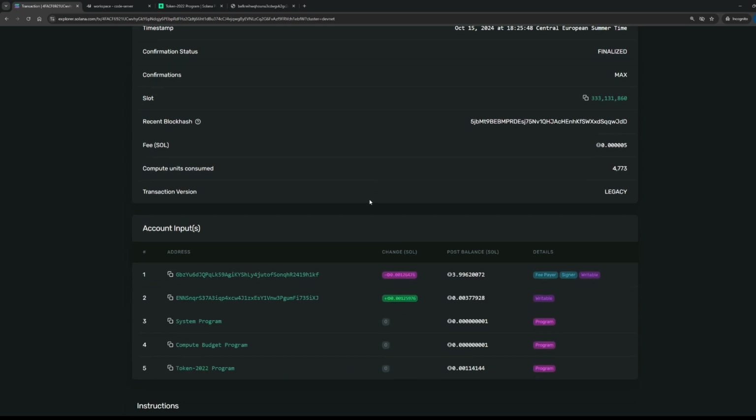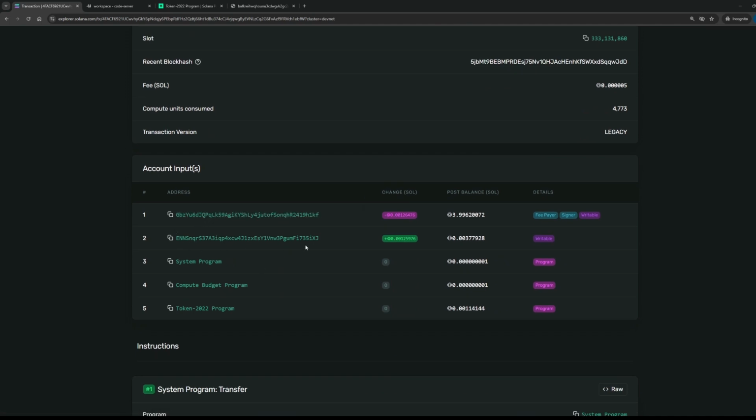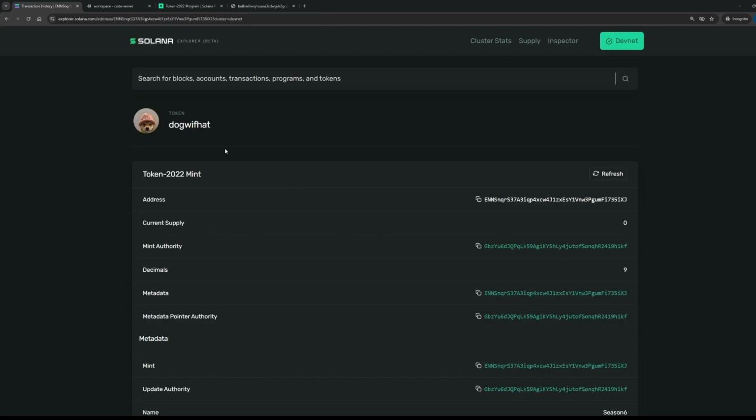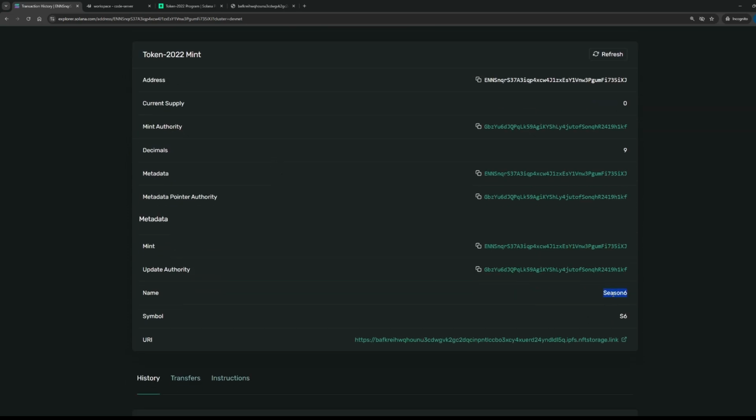So in order to see the metadata, we need to navigate to the second account, which belongs to the token. And voila, you can see that we have the dog with head token, we have the season 6, symbol is S6, and this is the URI as we specified from the meme coin.